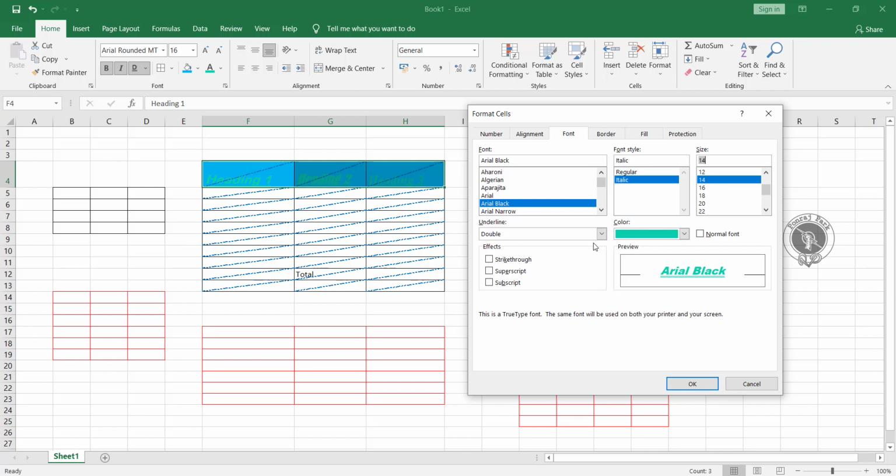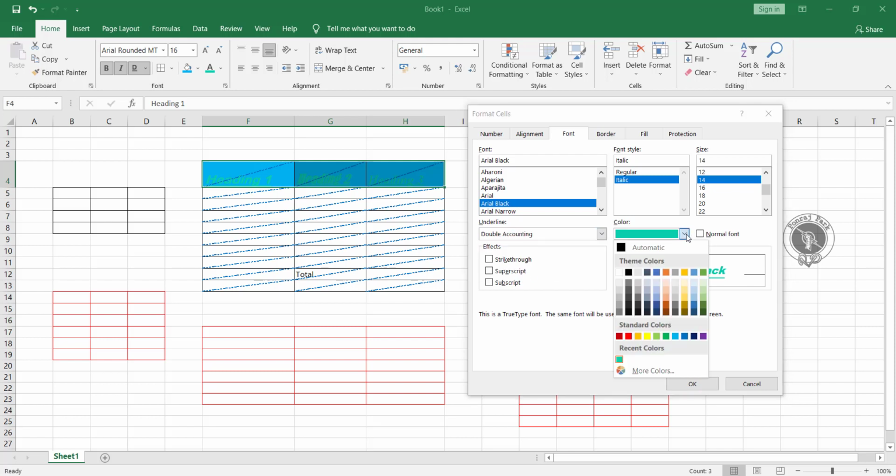Currently it is double underline. If you want to remove underline, you want to give it single underline, or double, you can give that. Then we have the advanced option, that is single accounting. It means that you can see between this word and this underline it had added some space, and if I go for single one, then you can see there is no space. So if you want to add that space, you can do that from here as well.